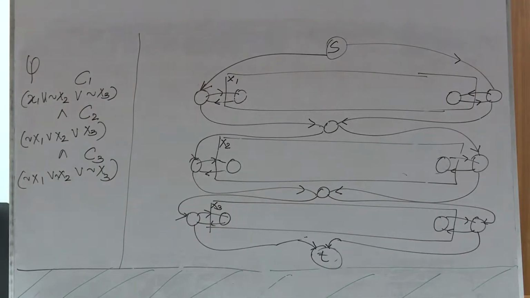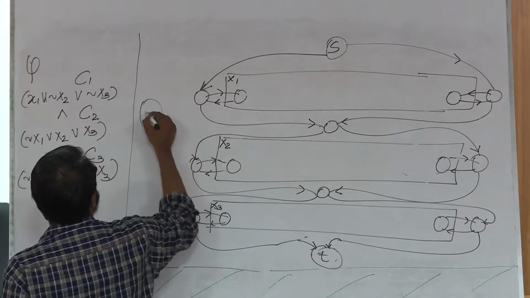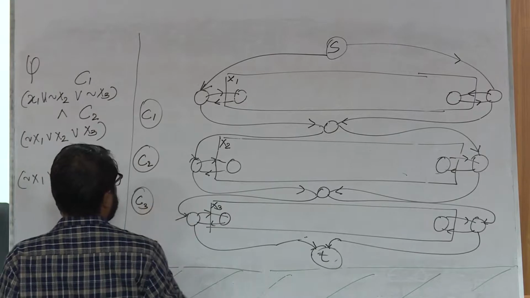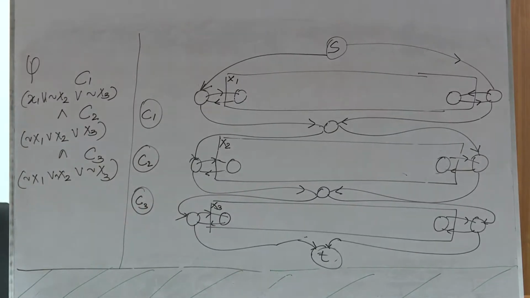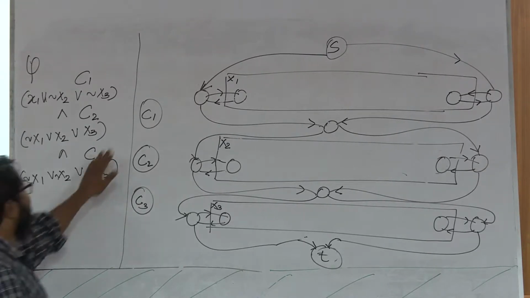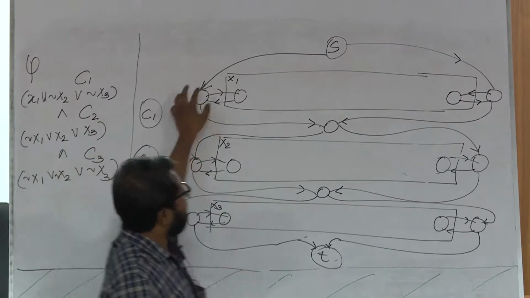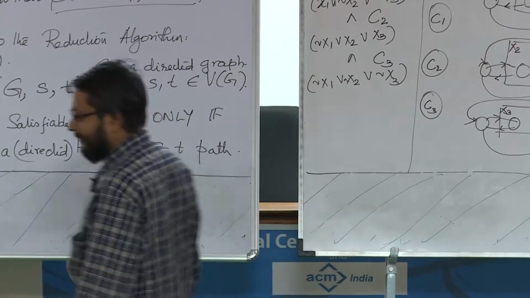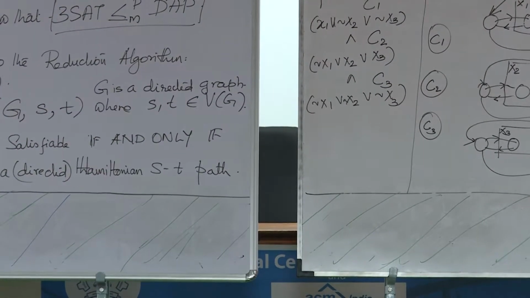Let us see. Now the clauses should appear somewhere, right? I am going to put a vertex for each clause. So here there is a vertex for C1, there is another vertex for C2, there is another vertex for C3. Okay. Still nothing is done. I put 3 vertices, one vertex for each clause, and a set of vertices for each variable. Okay. Nothing has been done so far other than putting these things and drawing some paths. Okay. Then